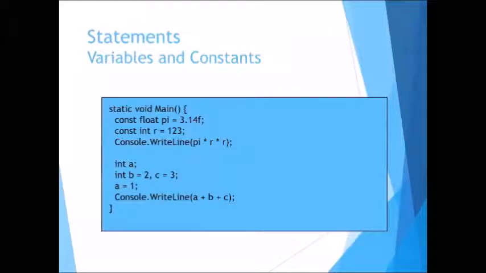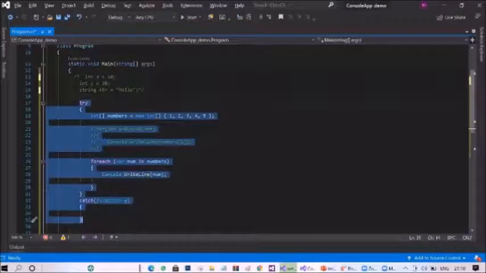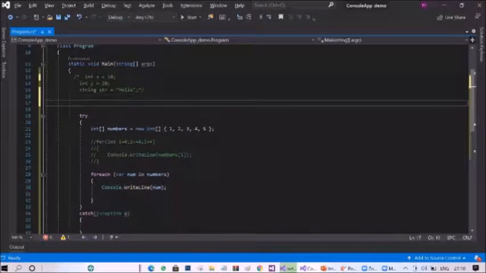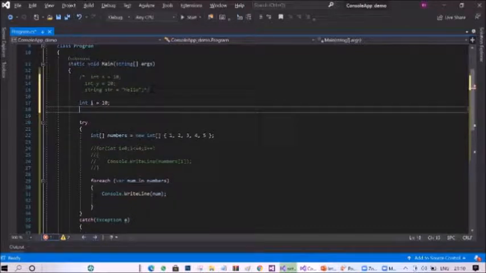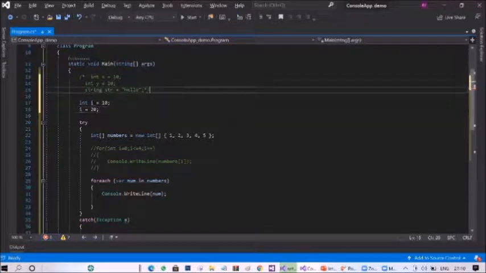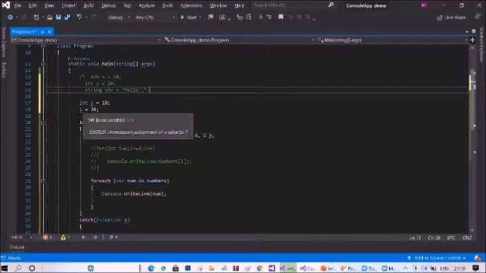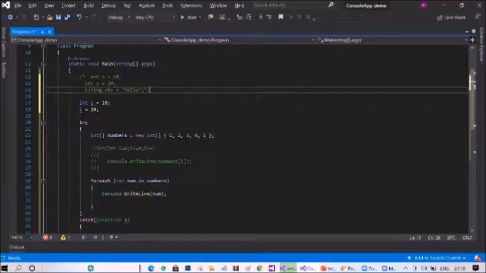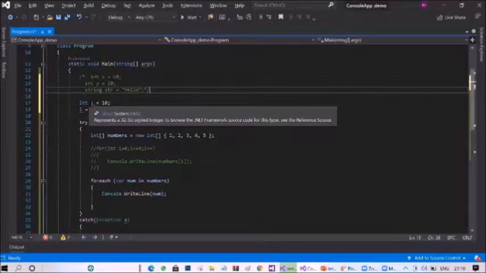See, I'll show you with an example. int i equal to 10. Now I can give i equal to 20. This will work perfectly. Now if I print, i's value will be 20. This is called a variable. The value is changing now.